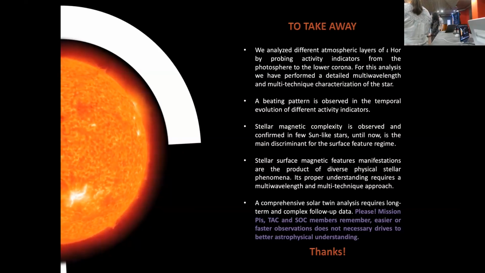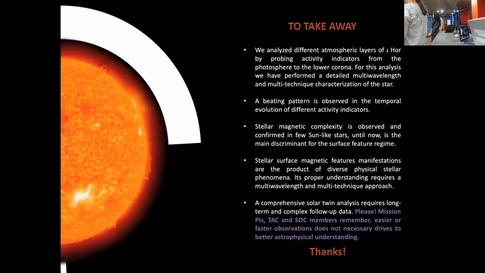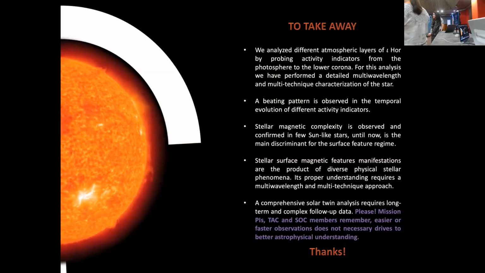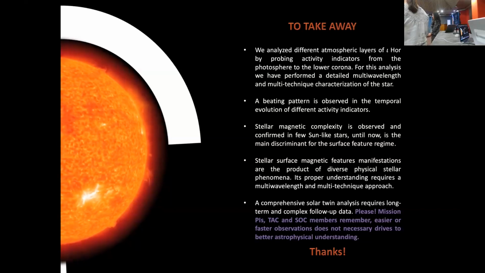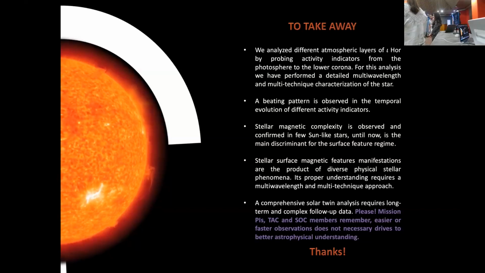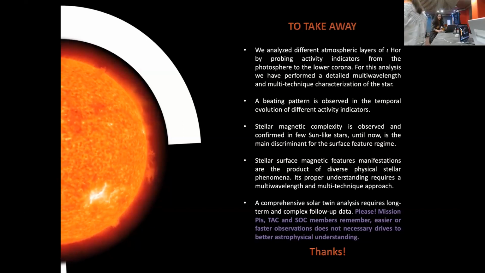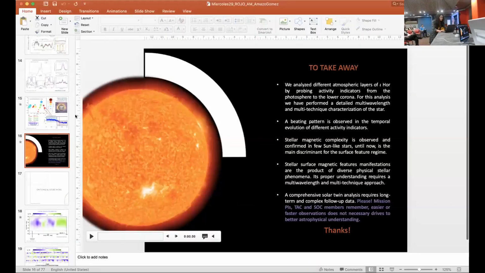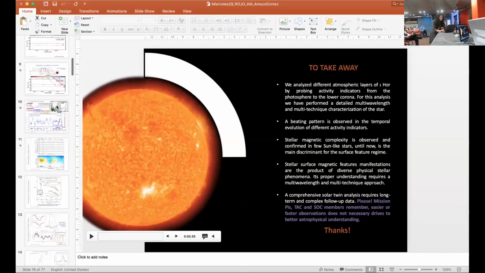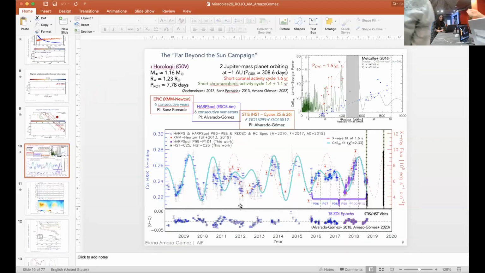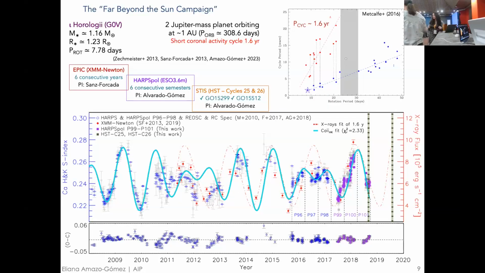Are you asking a question? We have time for maybe one or two questions. So over here. You showed the plot of the cycle of the star as a function of rotation period. Did you find any correlation of that with the facula and spot regime? Like, are those two regimes correlated at all? This plot, you mean? Yeah, the one on the right.